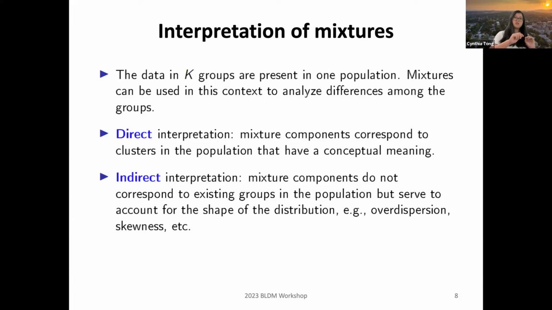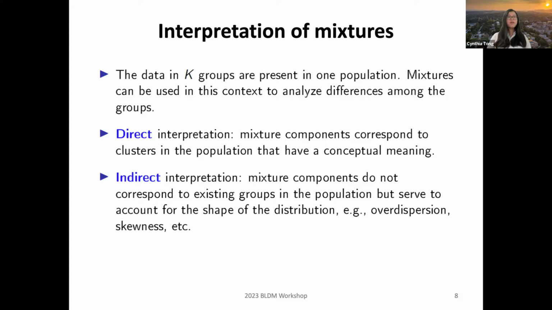Okay, so the direct interpretation basically means that each latent class has a conceptual meaning. Like for the height of the population example, we know that one group is more likely to be females, the other group is more likely to be males. So we can tell these latent classes are different, and we can interpret their meaning. And even in the tomato leaf project, we also have 2 latent classes. And we can find a conceptual meaning for each group, because one class includes most of the baby leaves, and the other class includes most of the adult leaves.